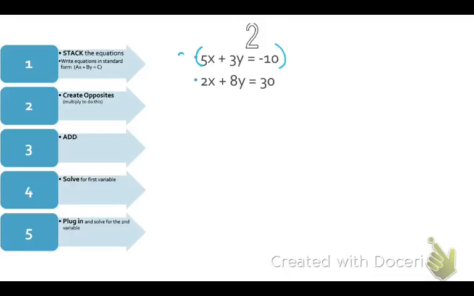So I'm going to multiply this top equation by 2, and the bottom one not just by 5, but by negative 5, so that I create 10x and negative 10x as my pair of opposite terms. Carefully check your multiplication and your signs as you do your multiplication, because one wrong sign will cause